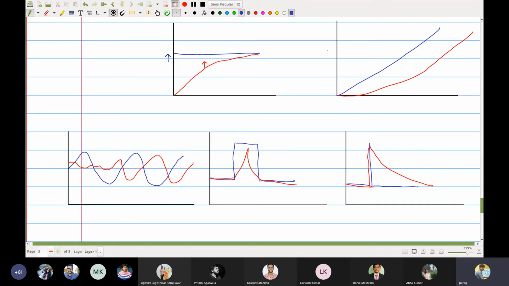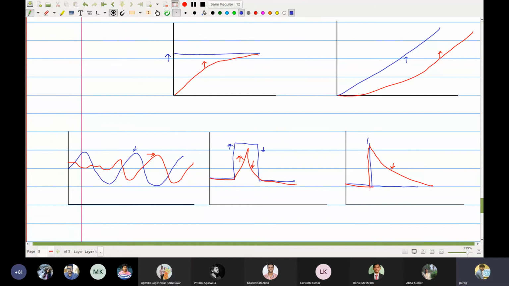In the ramp input, the system is going on increasing and the input is going on increasing, and the system is trying to catch it up all the time. So you know the behavior: one is running, the other one is following. In a similar manner, you have a sinusoidal input and then there is a lag, and the system tries to catch it up. Exact same behavior here. You go up, you go down, the system tries to catch it up, and by the time it reaches up, it realizes that the input has again come down, so it again starts coming down. Exactly the same behavior here also.